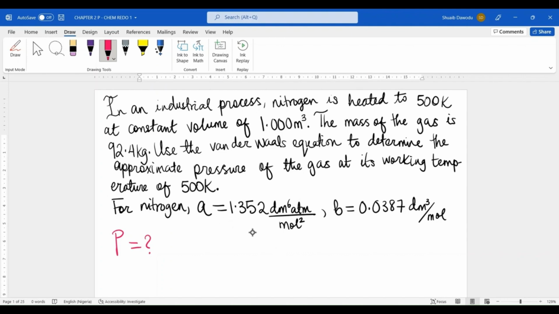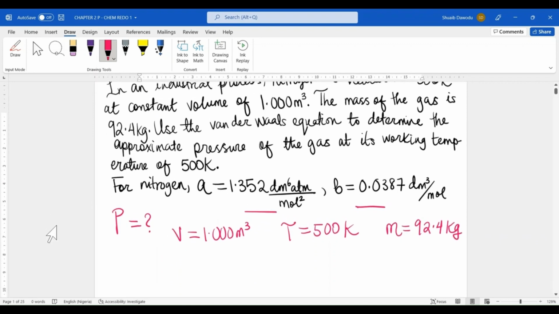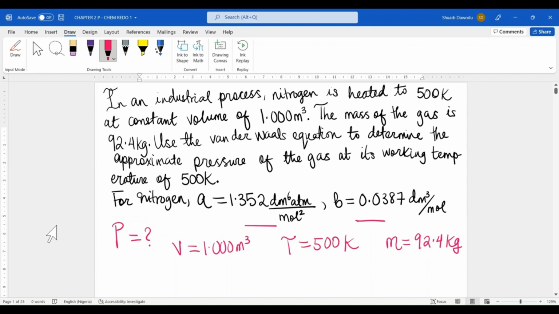We've been given the value for A, we've been given the value for B. We've been given the value for volume, which is just 1.000 meter cubed. And of course, the value for temperature to be 500 Kelvin. We've also been given the mass of the gas to be 92.4 kilograms. Now, we have written down all of the information that we've been given, but then